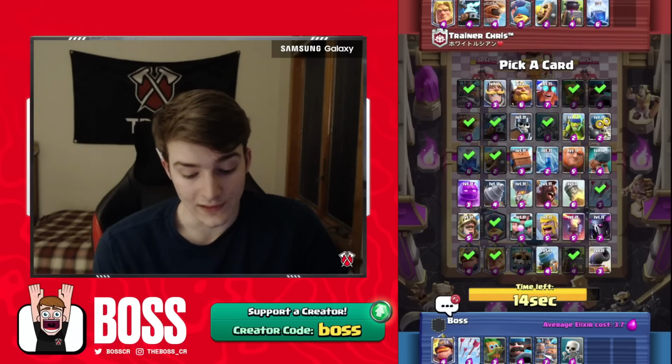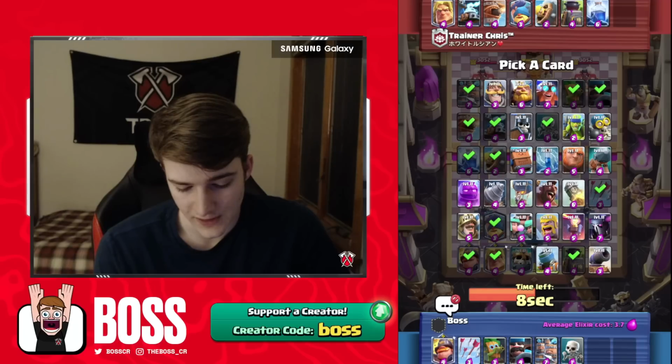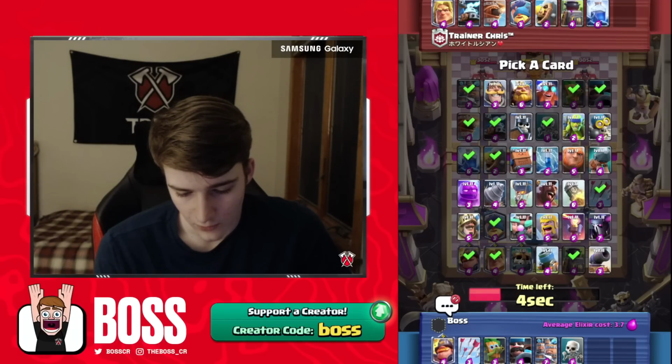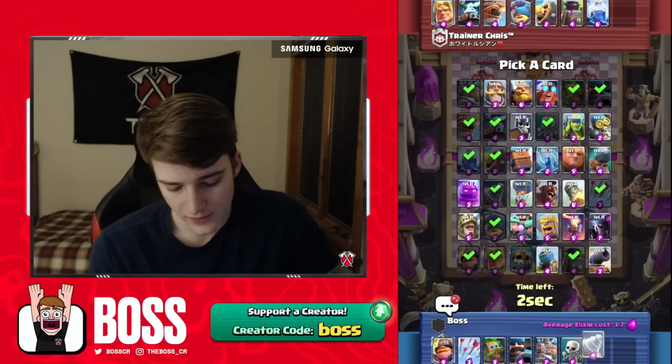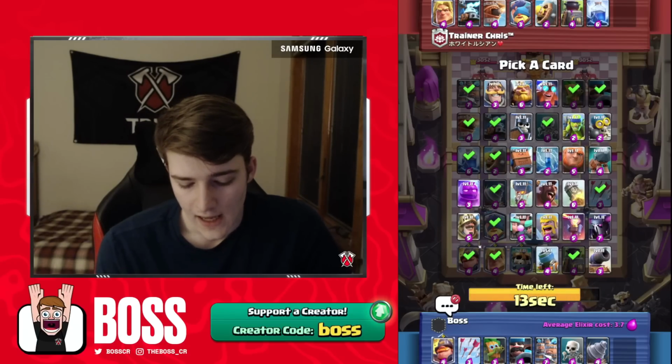Okay, so he goes Lightning and Furnace. Whoa, that is wild. I was not expecting him to do Furnace. That is definitely interesting, to say the least. He doesn't seem to have a good counter to the Drill, so I'm going to take Drill here. Recruits go pretty well with the Drill. And then we're probably going to want to take...